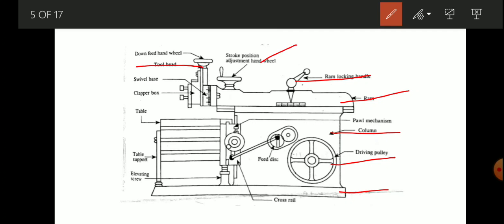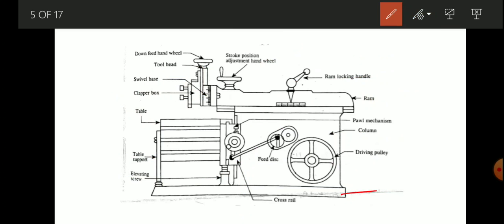Here we can see the tool head, swivel base, clapper box, table support, and here we can see the elevating screw, and there is a cross rail over here.